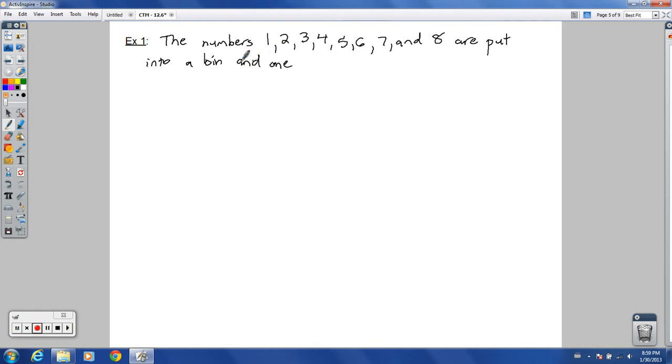We'll say they're put on little slips of paper or something like that. 1 is randomly selected. Okay, so find the probability. Trust me, that says find. You'll just have to believe me on that one. Find the probability